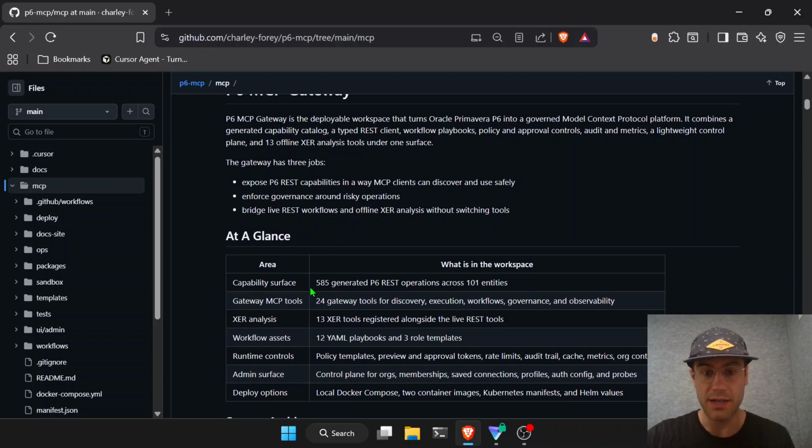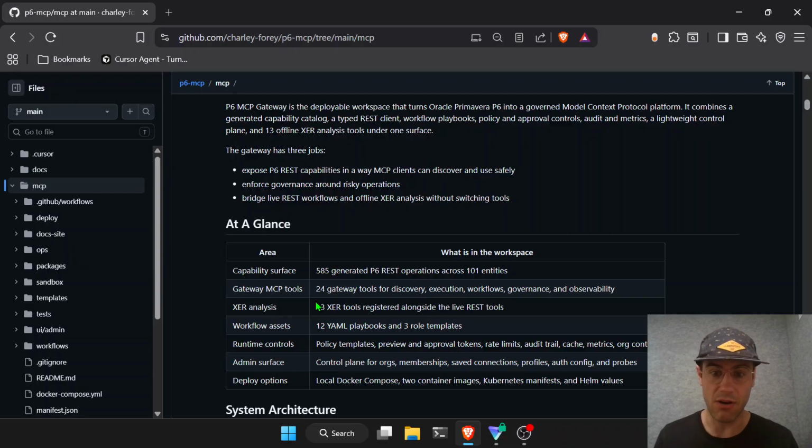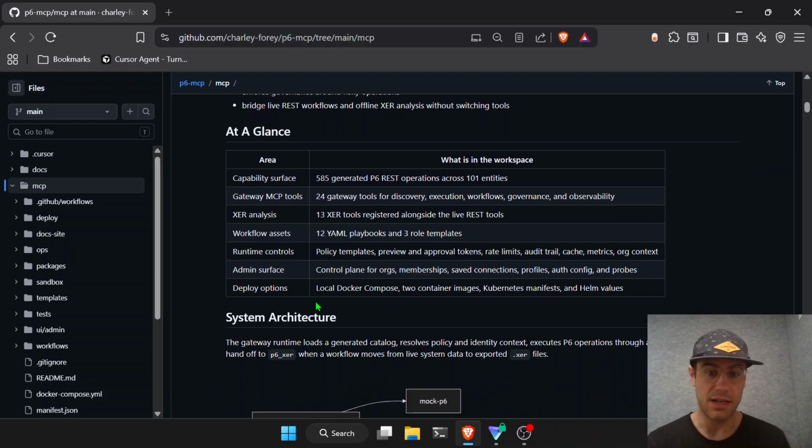And so what it does is it curates all 585 REST operations and essentially develops tools from these and does an analysis of XER files, their specific types of workflow functionality, runtime controls, and capabilities to interact with organizations, teams, and configure it for authentication for many different users, as well as how we're going to